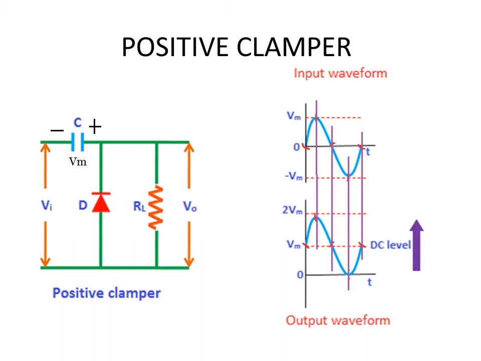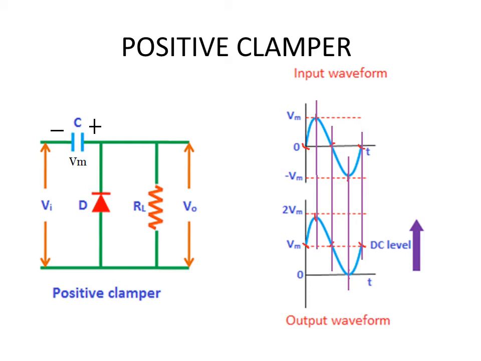So when your voltage Vi is 0, we assume that it is positive cycle. That means top of the source will be positive and the bottom of the source will be negative. So actually positive of the source is connected to negative of the capacitor, which is now acting like a battery. So that means your input Vi and your capacitor both are in series, right? So all you have to do is just add these two voltages. Whatever be the value of the voltage that you have at any instant, to that you just add Vm. So that will be the available voltage.